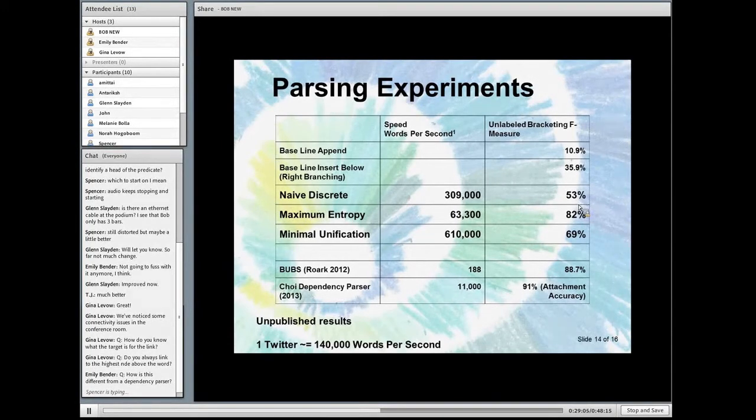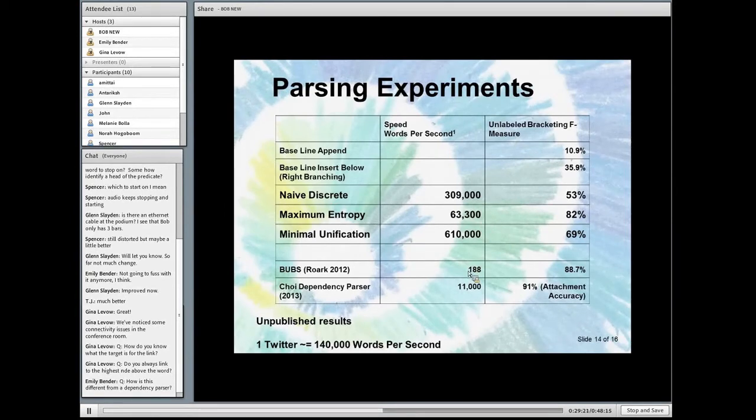So I'm hoping that I can get up in the 80% range with that. Okay, so I need to do some comparisons. These are not necessarily apples to apples comparison. This Rourke parser from 2012,